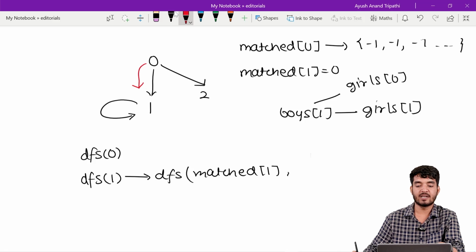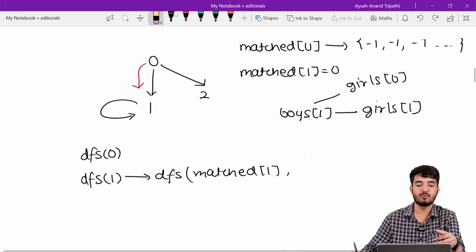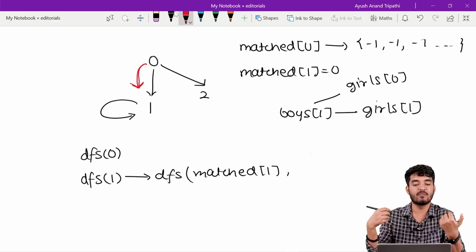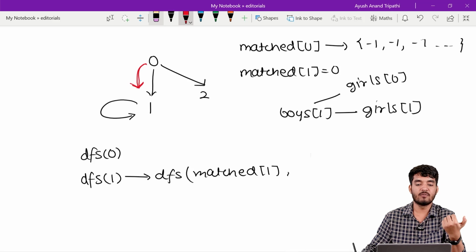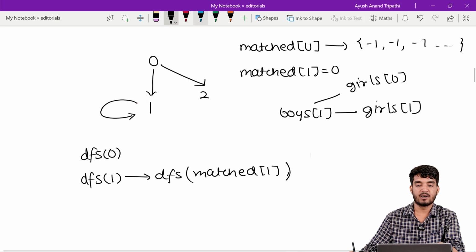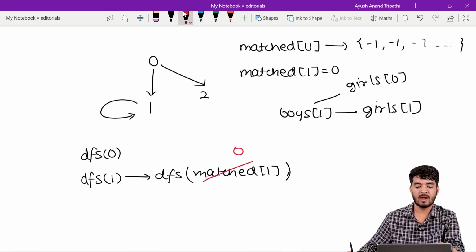So now once I get this edge, that is, there is an edge from 1 to 1, I will simply update this mapping and make a call to index 0. That is, I will simply tell index 0, instead of this matching, check for some other node for a mapping, because this node 1, I will map with itself. Cool. So matched of 1 is nothing but 0. And then here I will see DFS of 0. This is simply DFS of 0. And from DFS of 0, what I can see here is this 1, which is already visited,